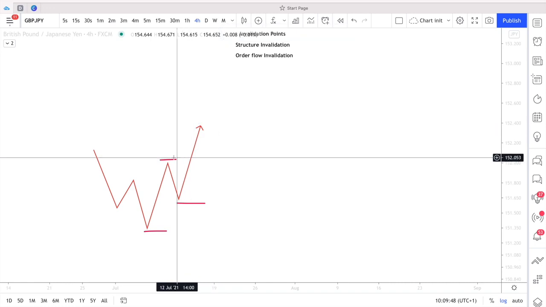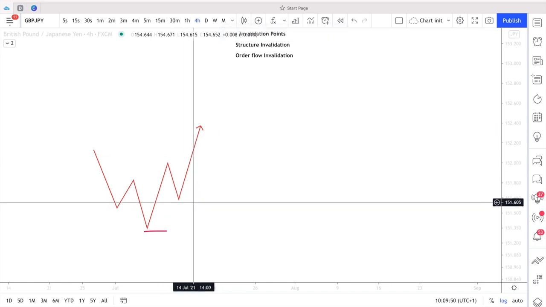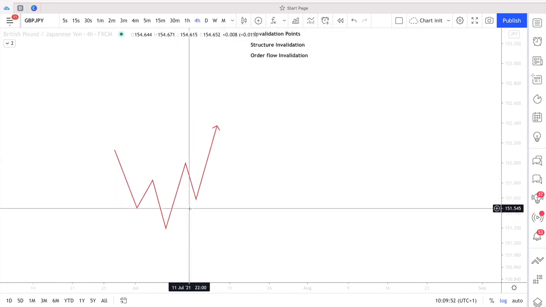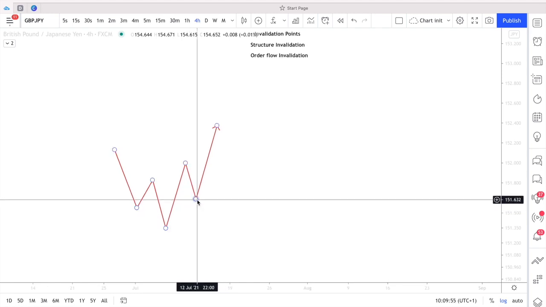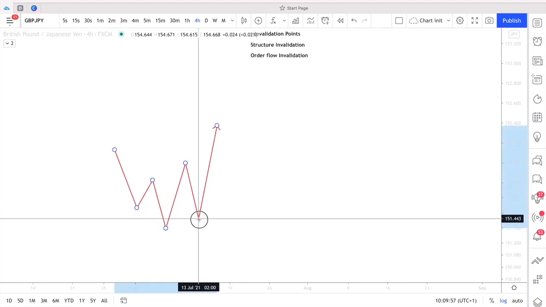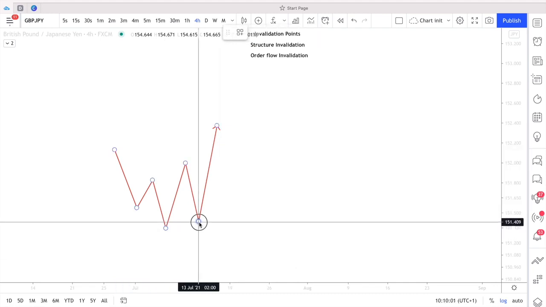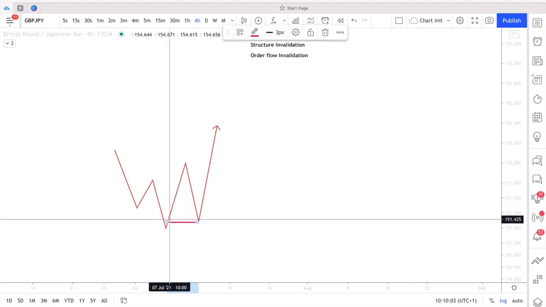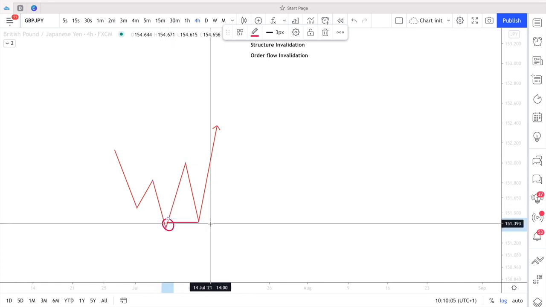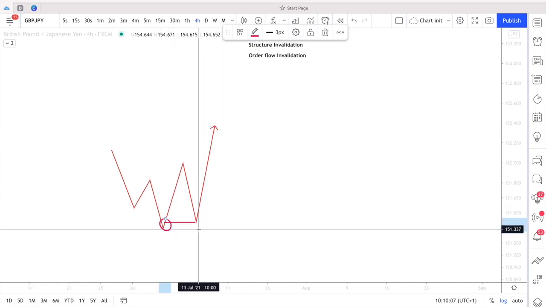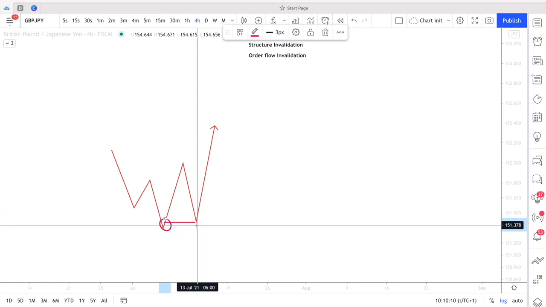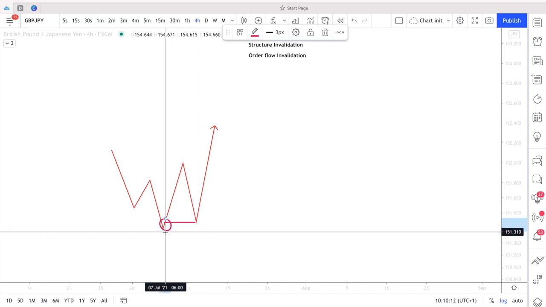Now, to understand your invalidation point for order flow, we need to realize that order flow is mitigation. Okay, that's all it is. So, say for example, we have this mitigation point. So this SR-OB has mitigated the impulsive OB. Now, our invalidation point for structure at this point will still be below the SR OB and the impulsive OB,